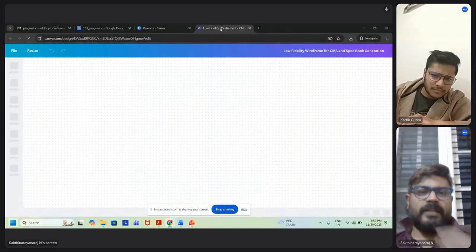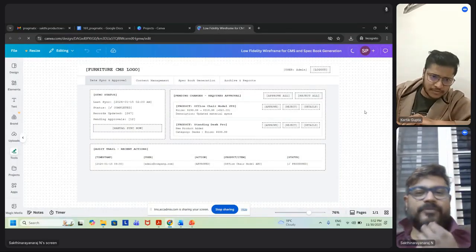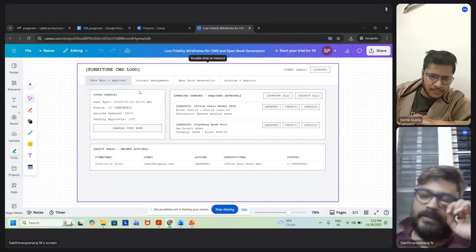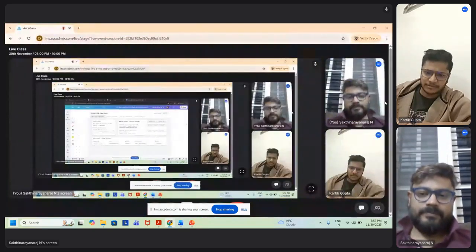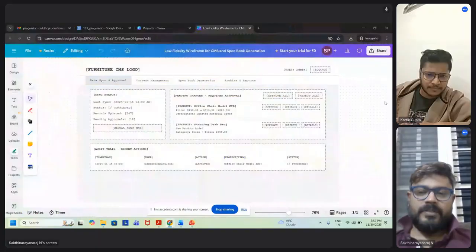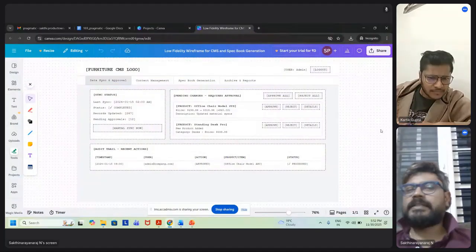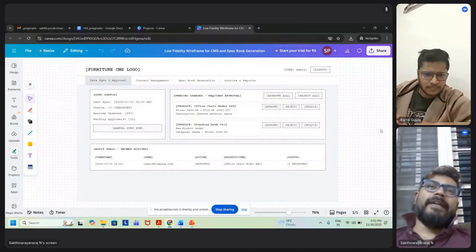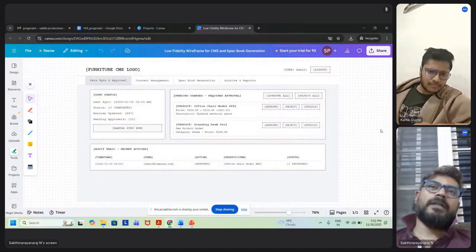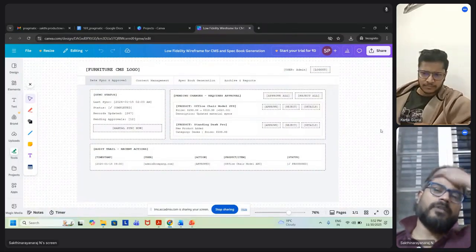This is a low fidelity wireframe which I created for a CMS application. CMS stands for content management system. This content management system syncs up with a database, which is also a system called the Echelon system.